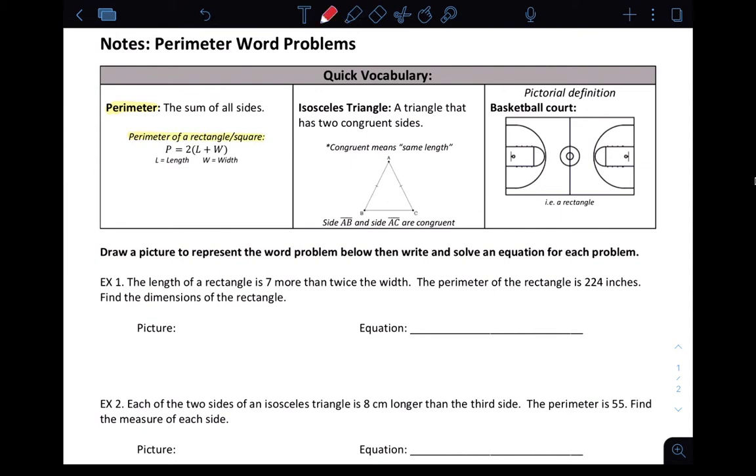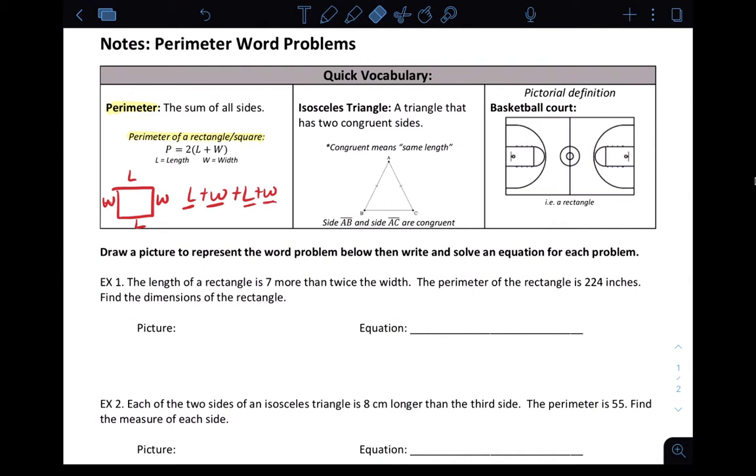When you add up all the sides, here's our square rectangle. You have a length and a width. If I added all those up, length plus width, then you have a length down here, and then you have another width right here. See how I have two L's? So I have two L's, and I have two W's. So we could use the formula 2 times the quantity L plus W, L being the length and W being the width. If you like to just see it as L plus W plus L plus W, you're welcome to do that